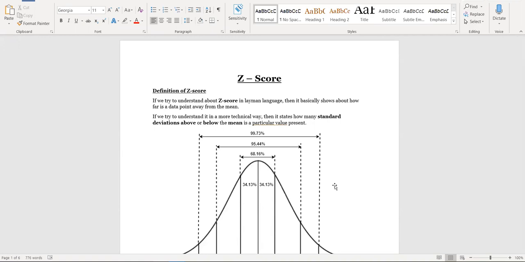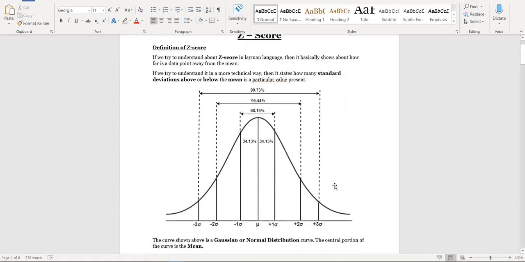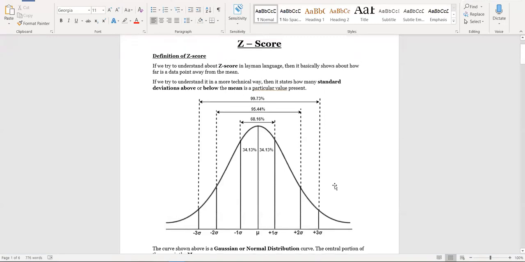In this lecture, we'll be discussing z-score and how we can use this to determine the outliers in a data set. And also we will be discussing interquartile range and how we can use that as well to understand and determine the outliers in a particular distribution of data. So before getting into the details of everything, let's understand a few fundamentals that will help us going forward.